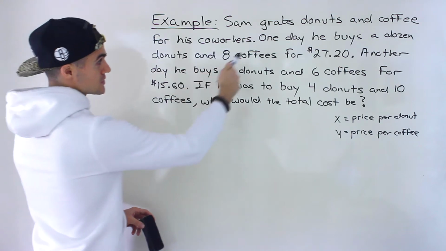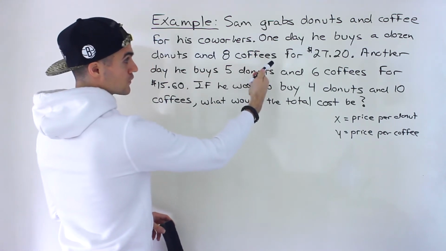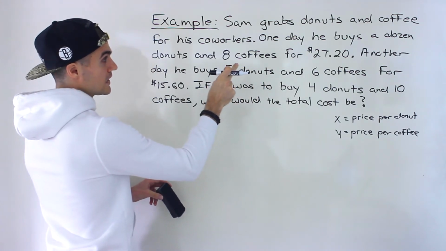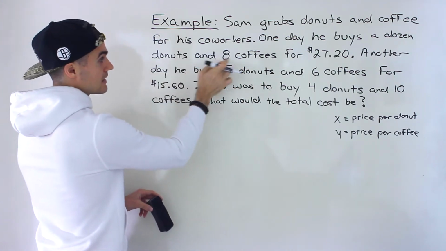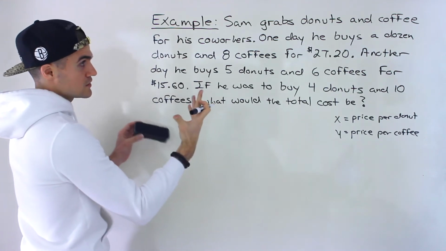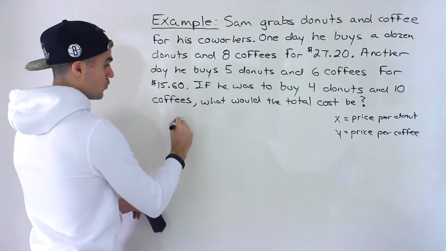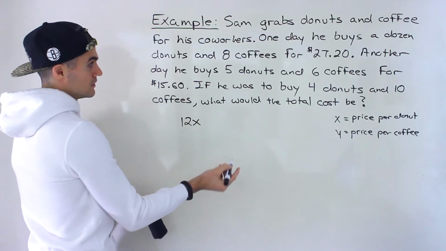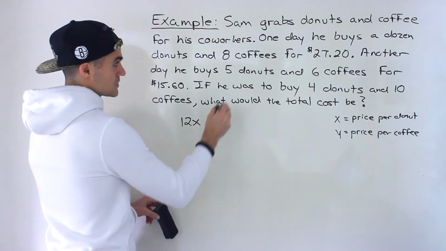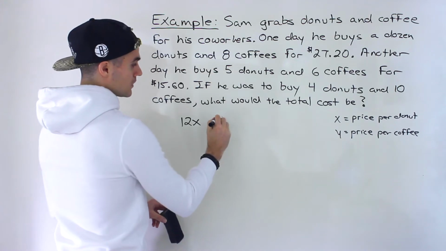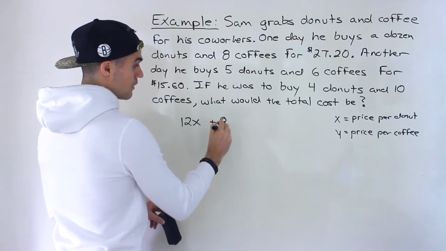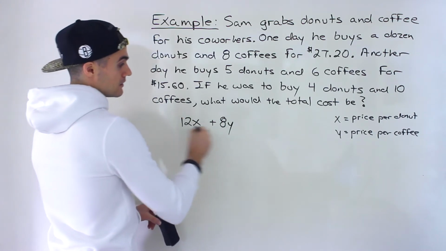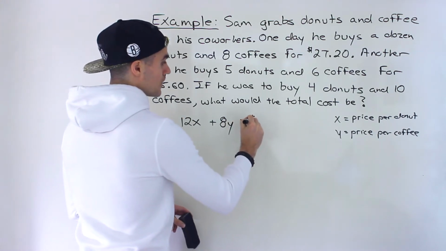So the first set, the $27.20, that's the cost rather. One day he buys a dozen donuts and 8 coffees. So what's the cost of the dozen donuts going to be? Well, it's going to be 12 donuts times the price per donut, x. Plus, what's the total price of the coffee going to be? Well, it's going to be 8 coffees times the price per coffee, which is y. And the total cost of that is going to be